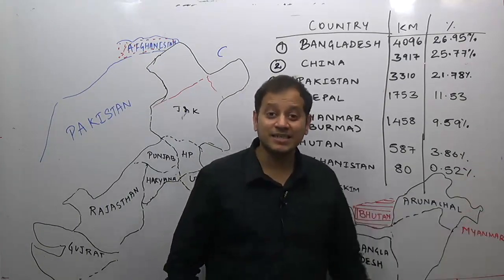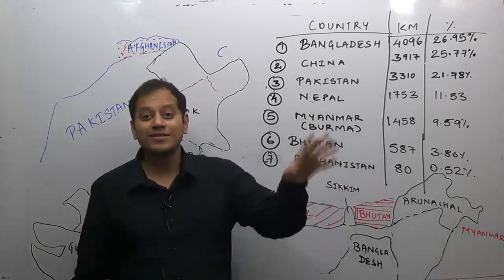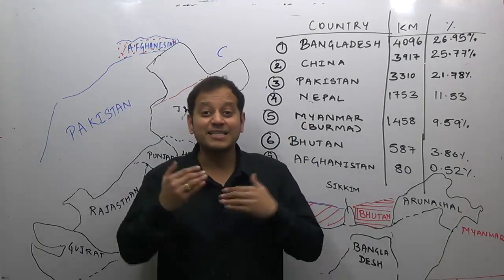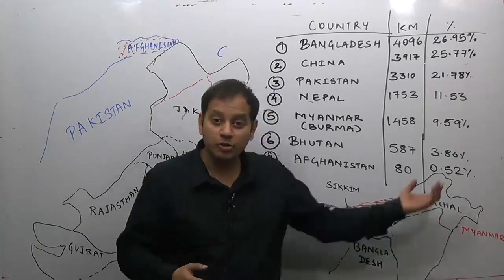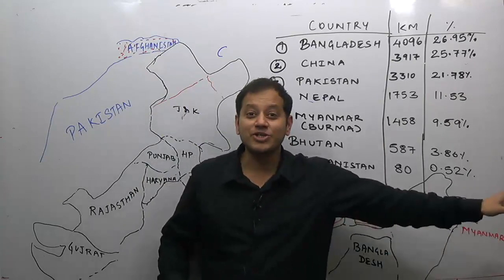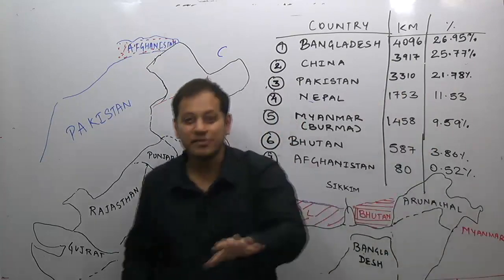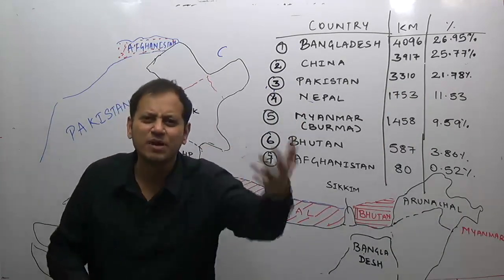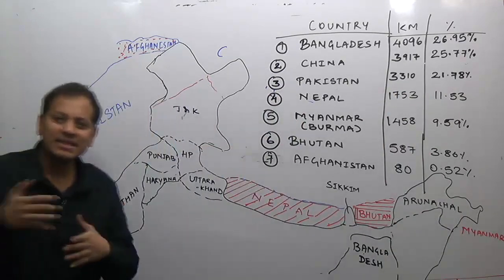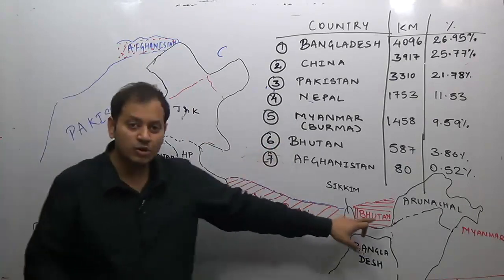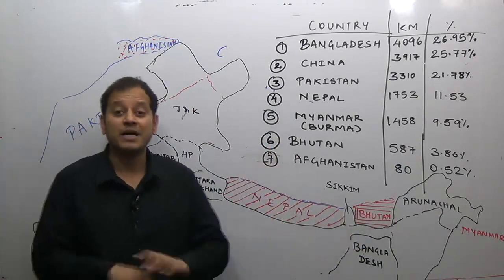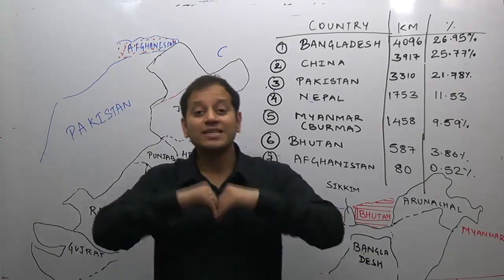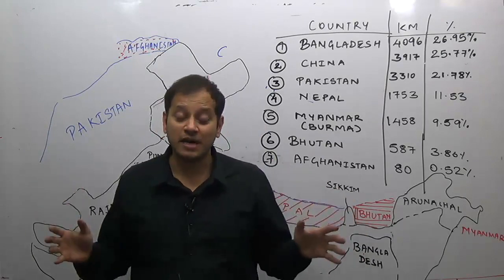That is the eastern sector, the northeastern part of India. In fact, remember one important point. The boundary with Myanmar is a watershed area between the Brahmaputra river system and the important river system of Myanmar, that is the Irrawaddy river system. We will study that while studying the boundary of Myanmar and also some of the important issues regarding Myanmar in current affairs. Then we have the boundary with Bhutan, and lastly we have the boundary with Nepal. We share a sea boundary with Sri Lanka. So this is the general idea of India's share of land boundaries.